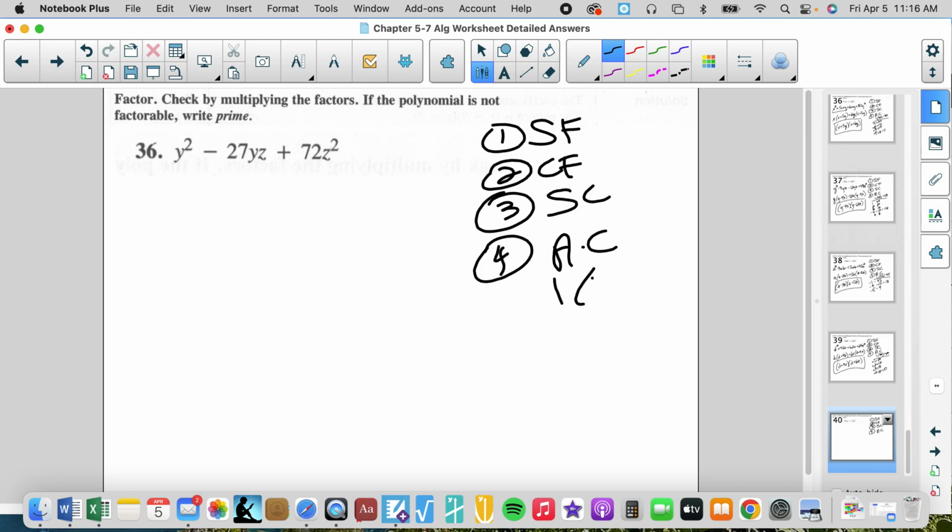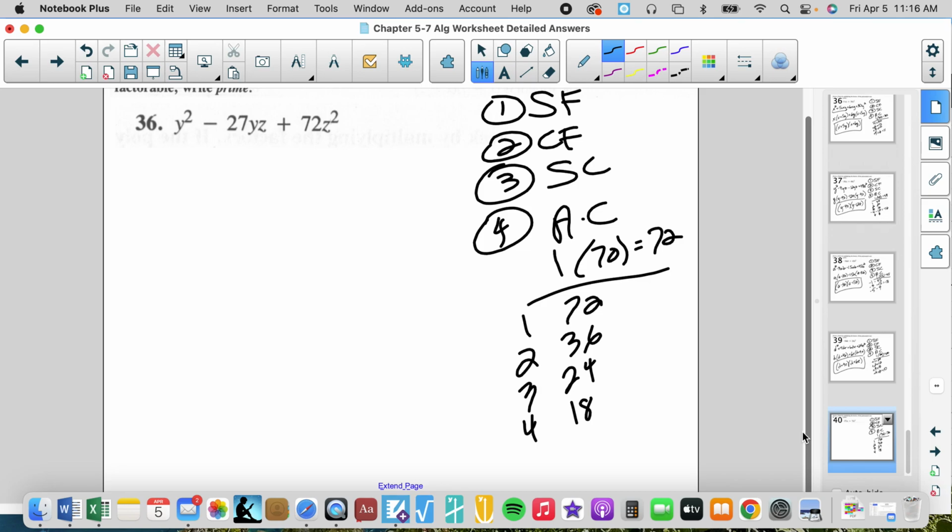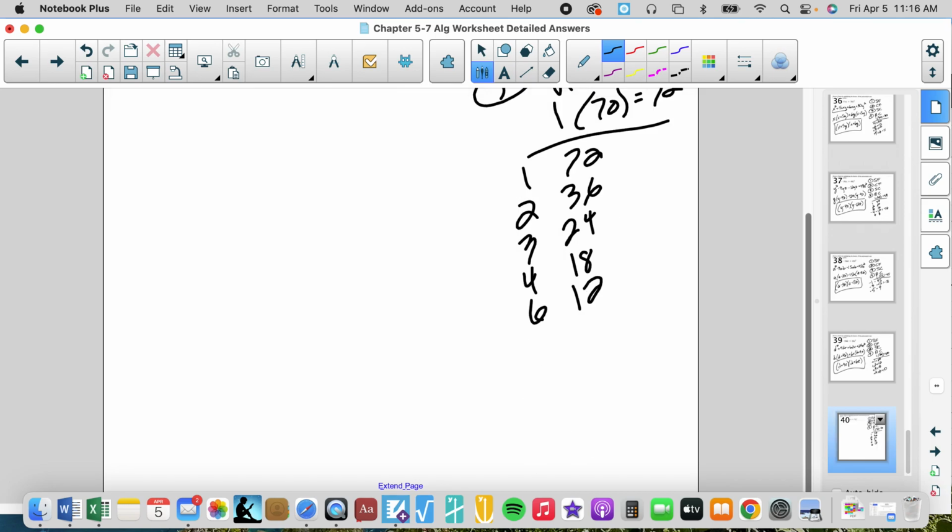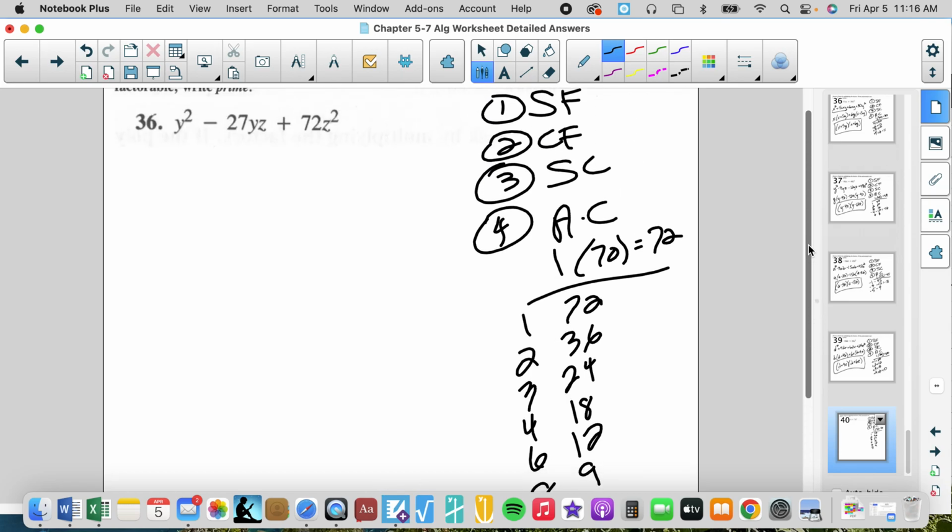A is 1, C is 72. 1 and 72, 2 and 36, 3 and 24, 4 and 18, 5 no, 6 and 12, 7 no, 8 yes, 8 and 9. Signs are the same, both negative 27. That makes negative 27. Y squared minus